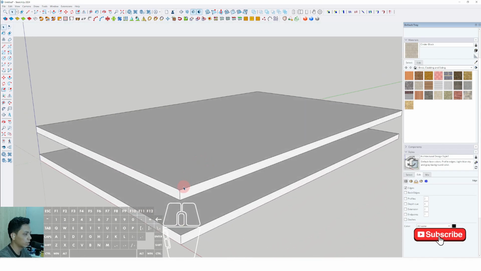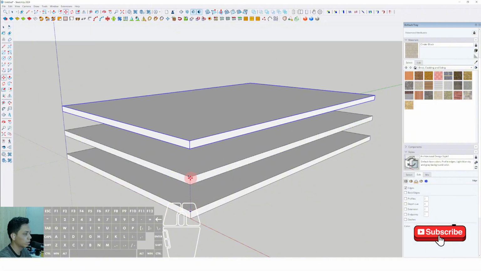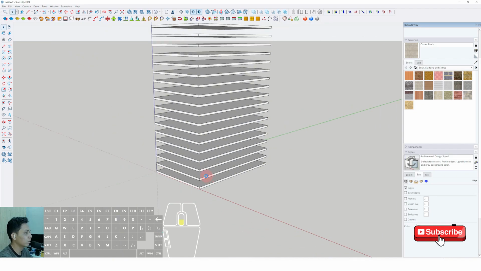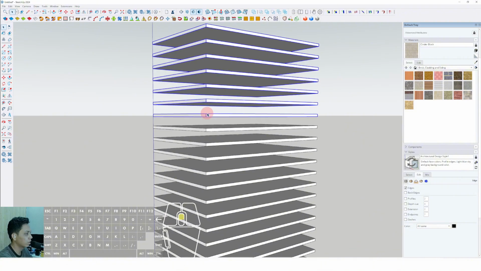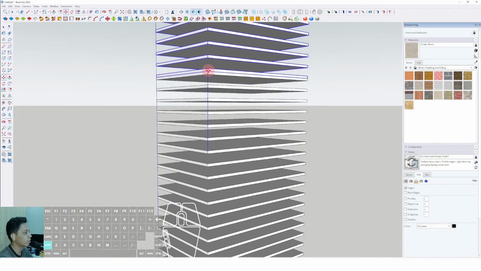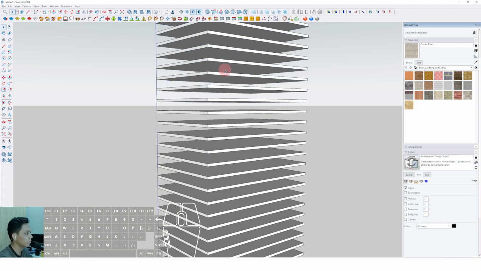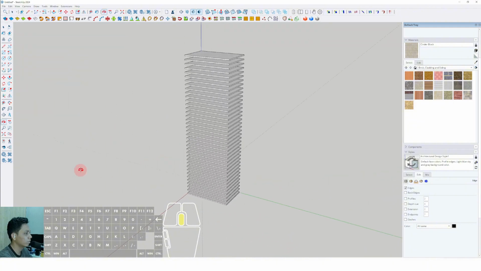Okay, then we can select this slab, select a move, press Ctrl, place to this position, and then we can type x30 for example, or you can set the value of the high-rise building, or you can add more. Select move, press Ctrl, and place to this position. Then you can delete some unnecessary line and some unnecessary object. And now we can